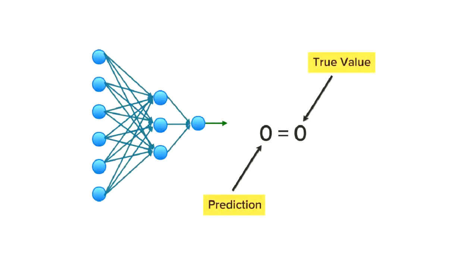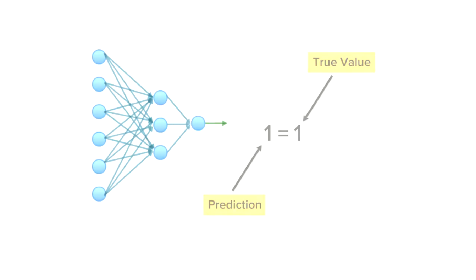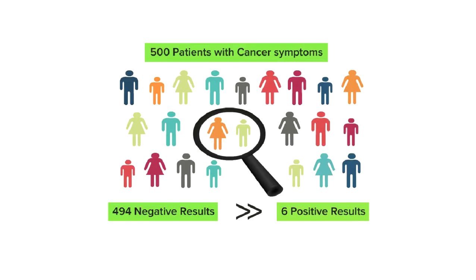Higher the AUC, the better the model is at predicting zeros as zeros and ones as ones. The terms AUC-ROC, ROC and AUC can often be used interchangeably, so don't get confused. In other words, the higher the AUC, the better the model is at distinguishing between zeros and ones. For example, in our cancer dataset, higher the AUC, the better the model is at distinguishing between patients with disease